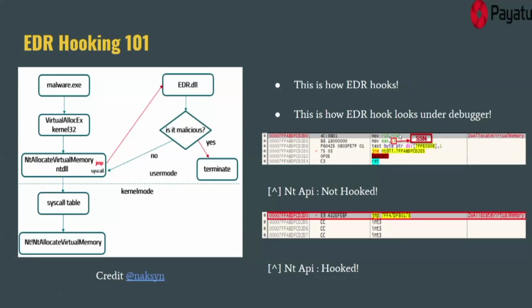And if you see this picture, this is how an NT API looks when it is present under a debugger. This bunch of assembly code showcases the system call stub of a particular NT API. And you can see this particular number, 18. This is the system call number, and in this case the system call number belongs to ZwAllocateVirtualMemory. In this case, EDRs haven't placed a hook. But in the second picture, as you can see here, there is a jump instruction. That means EDR has placed a hook in this particular API. And the address which is present here corresponds to the address of the EDR DLL, which is being placed